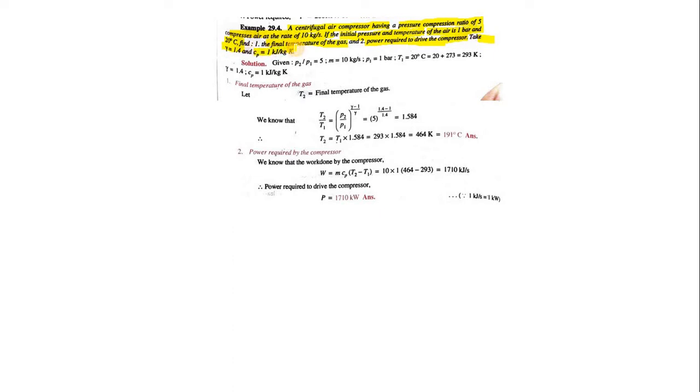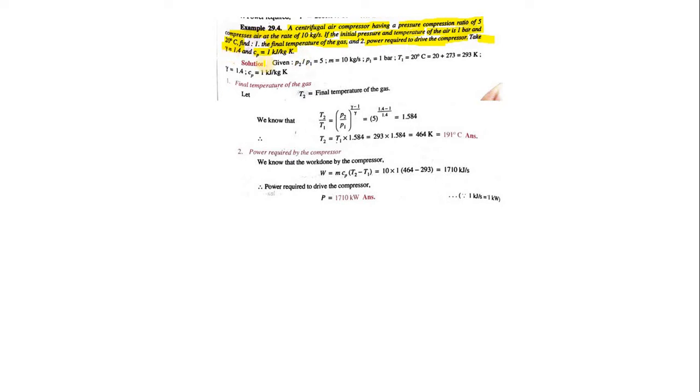So students, don't get confused, because in the second case they asked to calculate the power required to drive the compressor, but they are not given any kind of compression, whether that compression is isothermal, isentropic, or polytropic. They never mention it in that particular numerical, but in the given terms they mention the value of gamma is equal to 1.4. So definitely this problem is related with the isentropic process and the compression is isentropic. So you must apply the formula related with the isentropic compression.